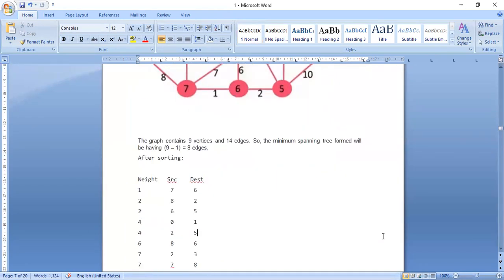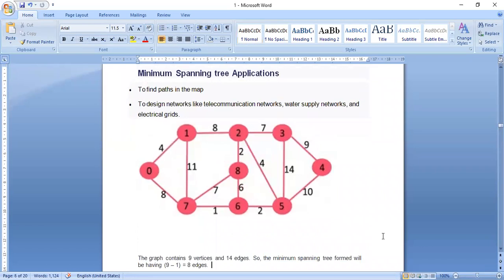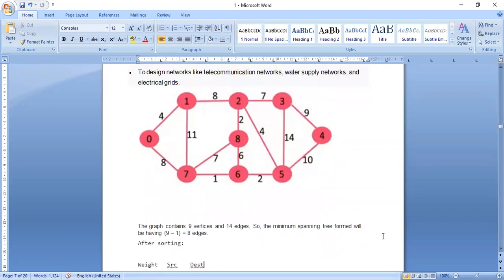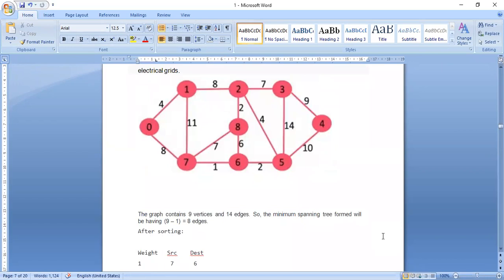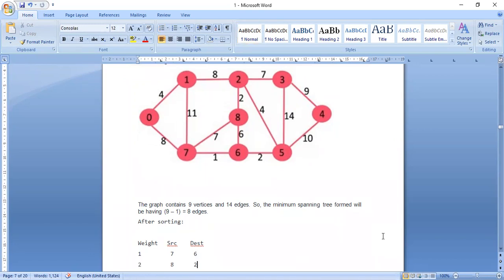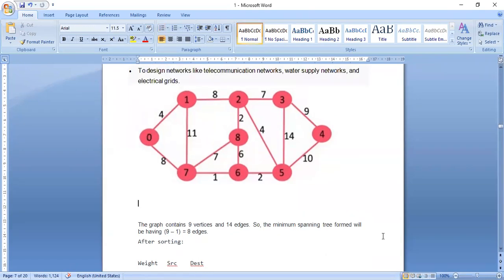So there are different edges with different weights in the given graph. So you can see. Now what I will do, the first step in Kruskal's algorithm, is I will take the different edges and keep them in a row in an order of increasing weights. That is, in an increasing order, I will keep the weights. So you can see. First, what is the minimum weight edge here?